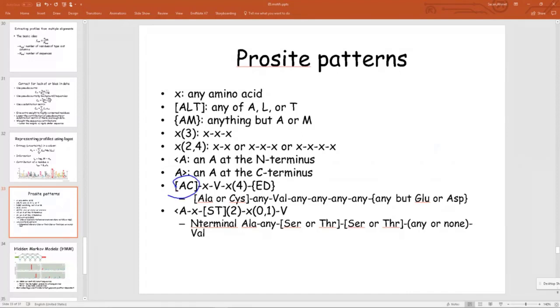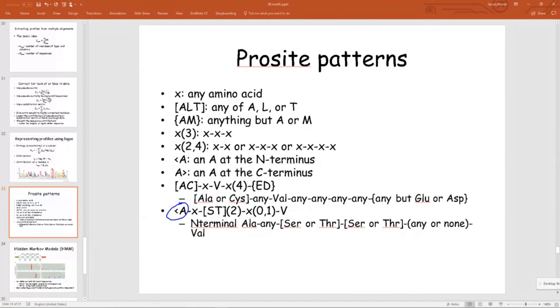These are just some examples. A or C followed by anything, V followed by 4 of anything, and then anything but E or D. So that says I'm looking for an alanine or cysteine at a column, followed by any amino acid, followed by valine, followed by 4 of anything, followed by anything but glutamate or aspartate. And the next example says I'm looking for